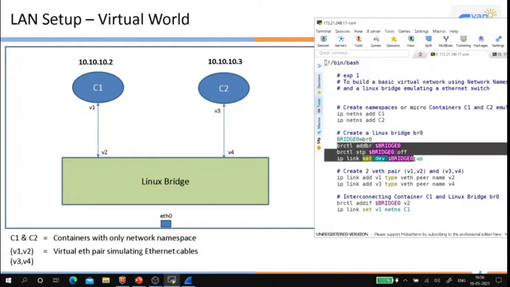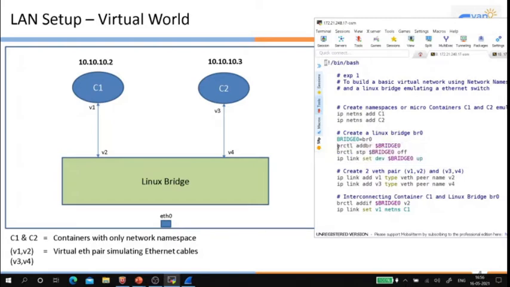So these commands will create a bridge and bring it up. brctl addbr, and we are switching off the spanning tree protocol, and we are bringing up the bridge interface. Now we need to create these cables. This is done by the ip link add command, which will create the virtual cables. Now we have all the virtual components.